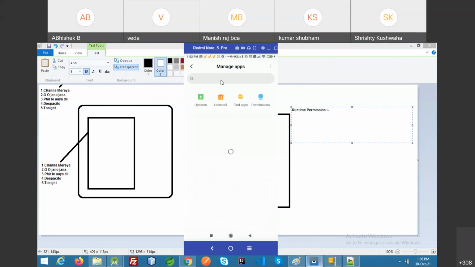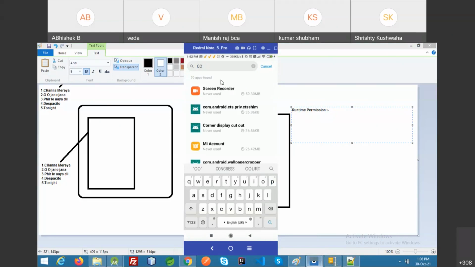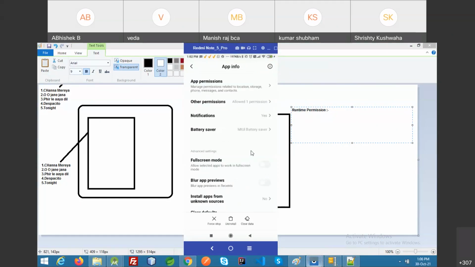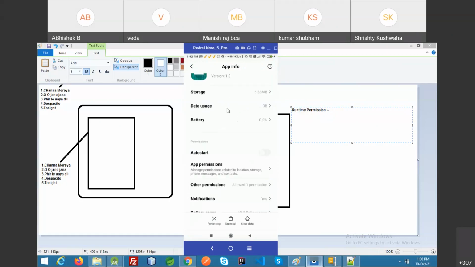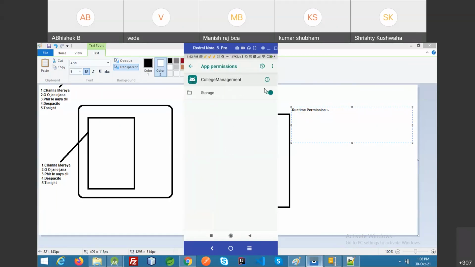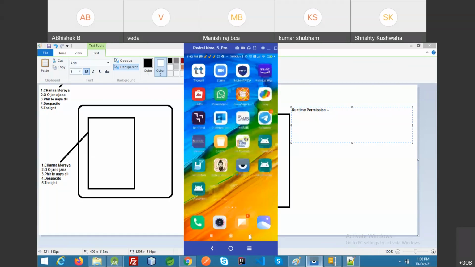In the apps, if I search for college management, you see, I have provided it one permission of read external storage. So I am removing its permission. App permission, storage. I am disabling the permission of storage. Fine. Now back, back. Now let me open the application.